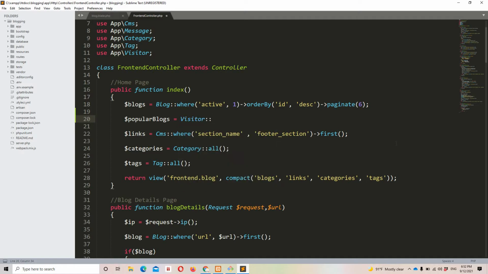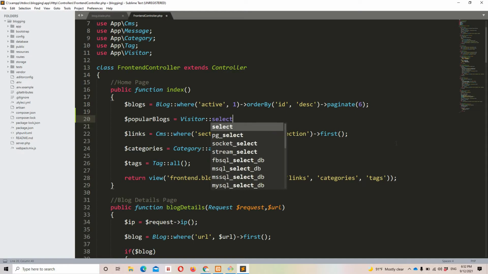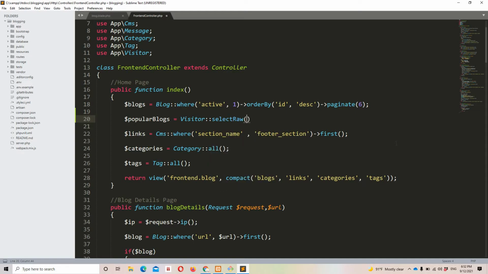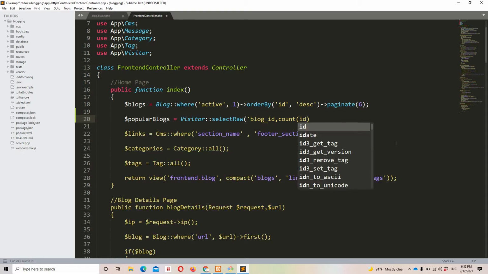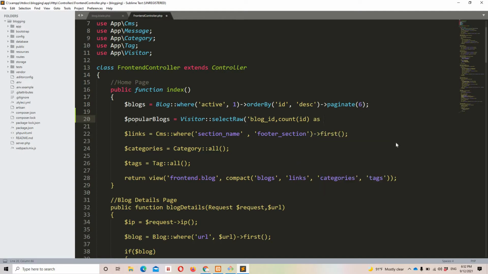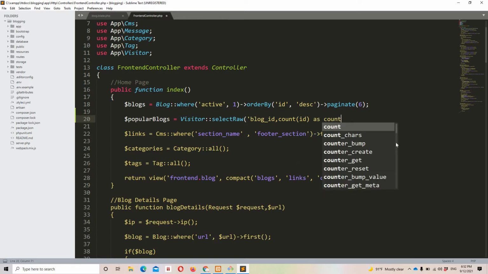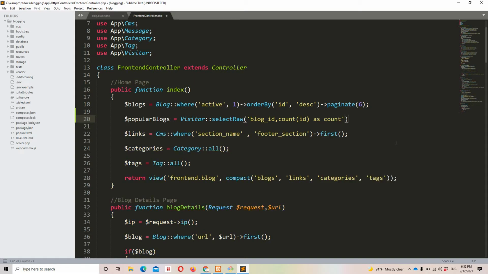This time we are going to use the selectRaw query. I'm going to explain it, don't worry. I need to get the blog ID, and I need to implement count with respect to ID, sorry for that, and I need it as a count variable. I am assigning a variable inside the collection. Everything will make sense, just give me a minute.